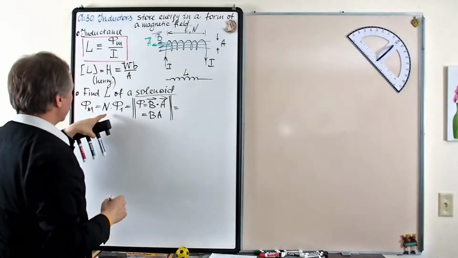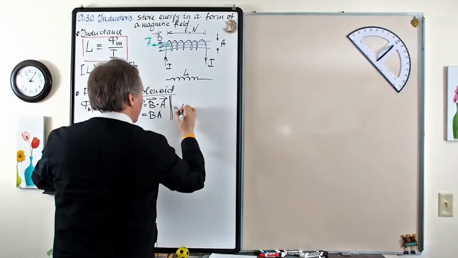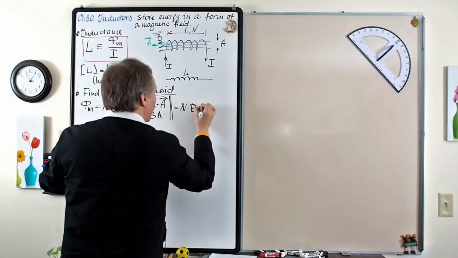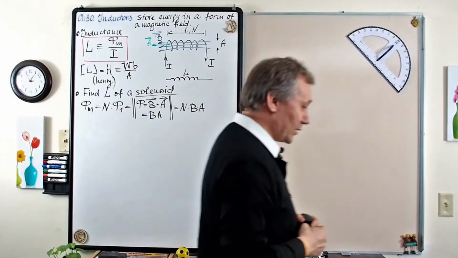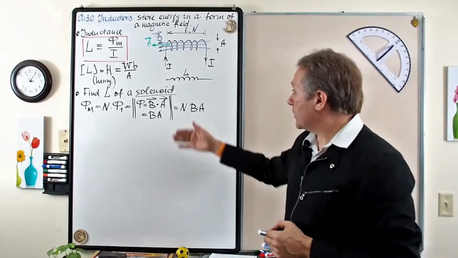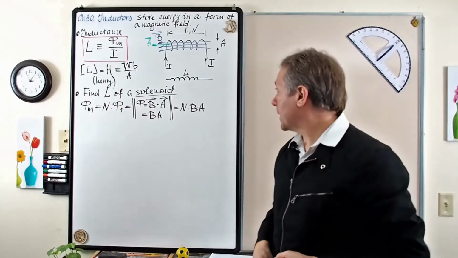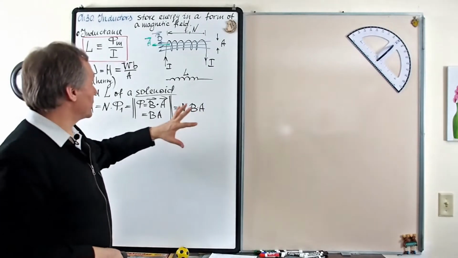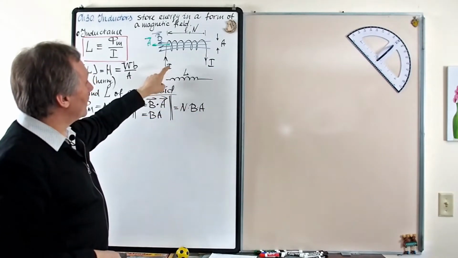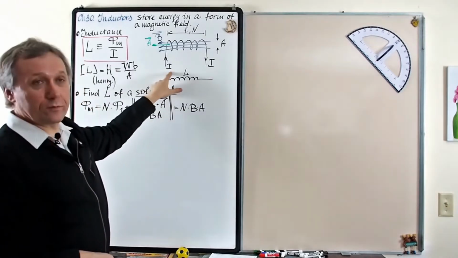As a result, we're getting that the total flux equals N B A, right? So now you know that N B A is just a flux, right? Okay. But it's not the final point, because you remember we want to write this flux in terms of the